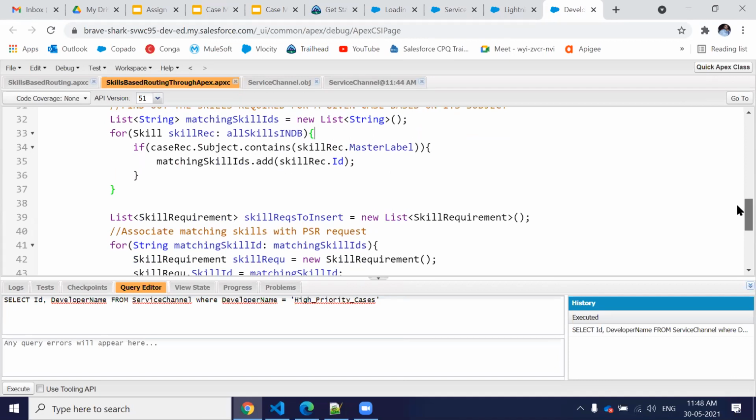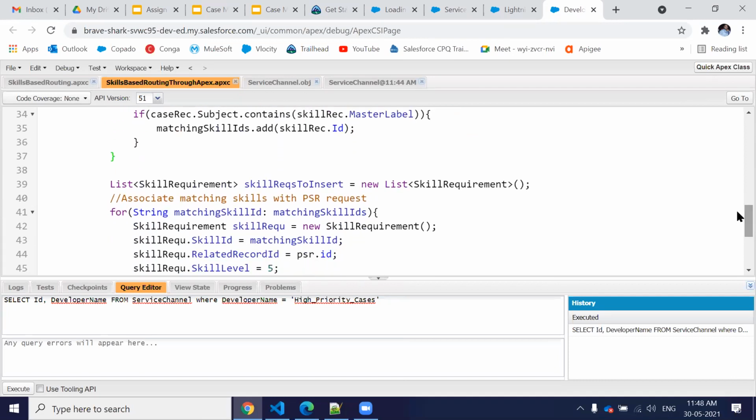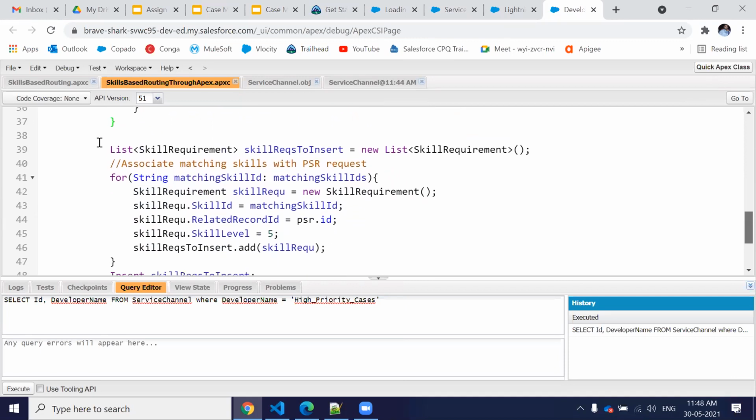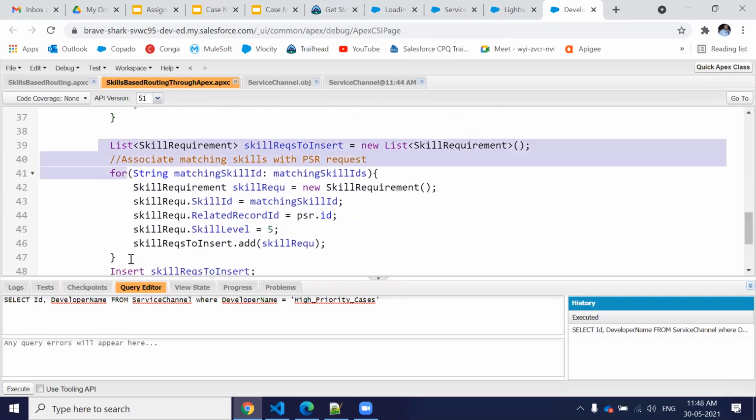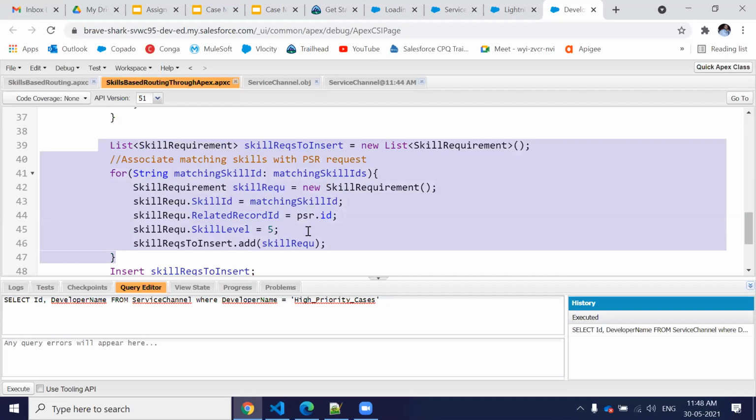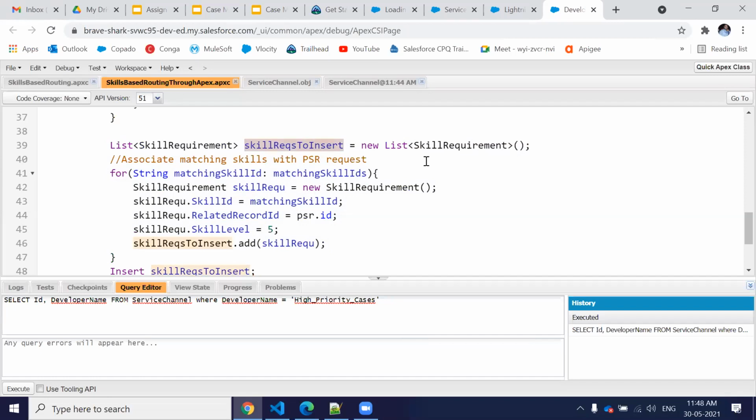And after that, this is the second object which is required to create, which is after the pending service routing. You have to create the record of a skill requirement. This is the object which is binding the skill and pending service routing together, because we are providing here the pending service routing id.